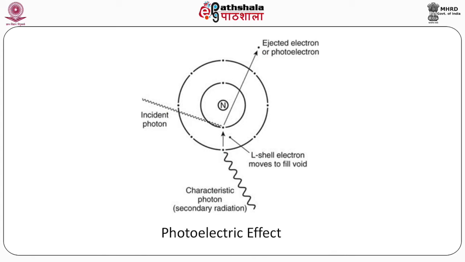This interacts with the inner electron of the atom of the medium and gives its whole energy to the electron. Due to this, the orbital electron flies off and we call it the ejected electron or photoelectron. This vacancy in the inner shell, which in this figure is the K shell, is filled up by an electron from the next outer shell, which here is the L shell. An electron from the L shell drops to the vacancy in the K shell and releases the characteristic X-rays,